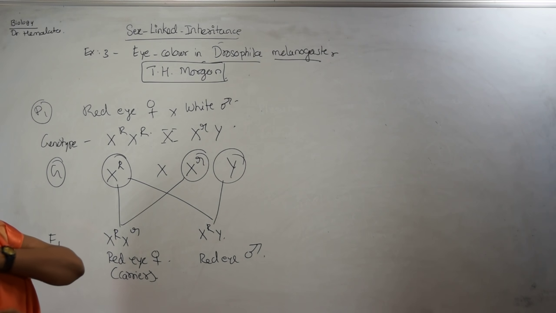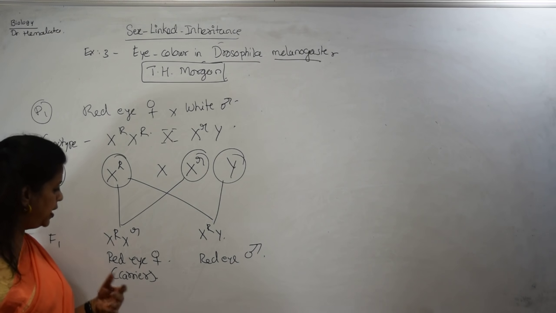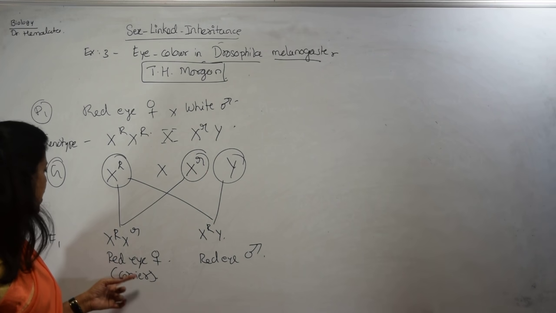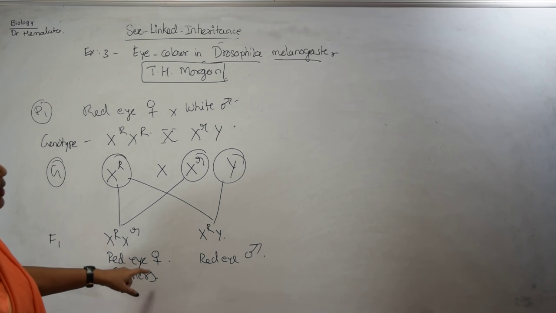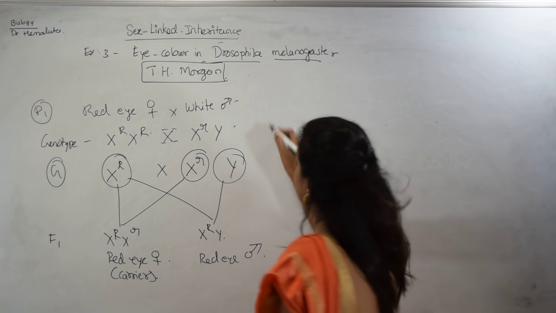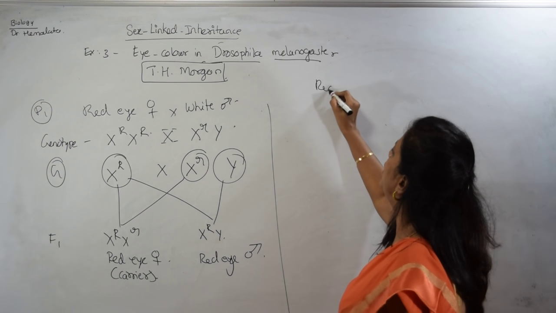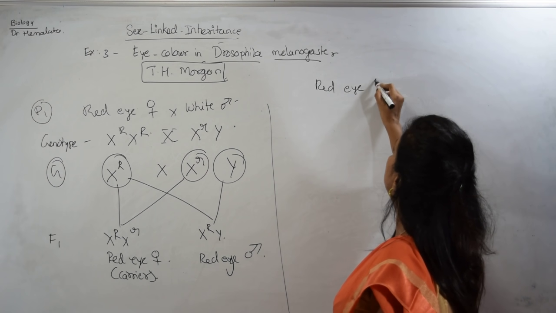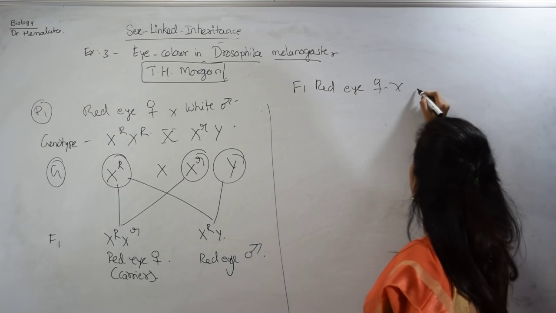In the P1 generation there was a white eye color. In the F1 generation there is nothing called white; white color is not at all there. But the white-eyed gene is located in the carrier female, which looks red-eyed. Now, when this red-eyed female of F1 is crossed with